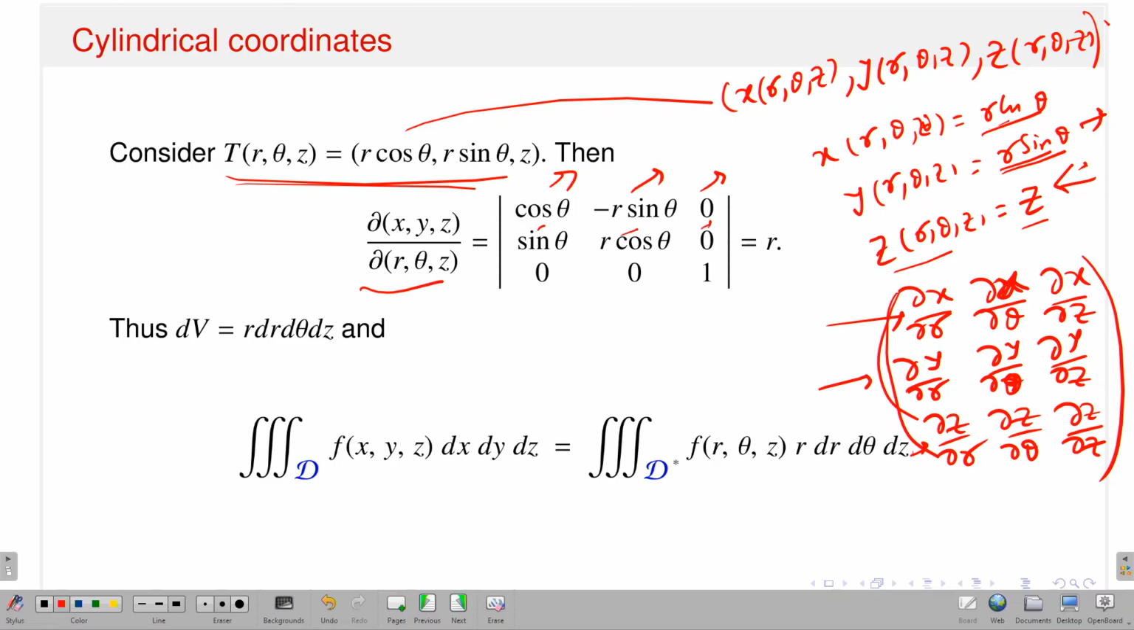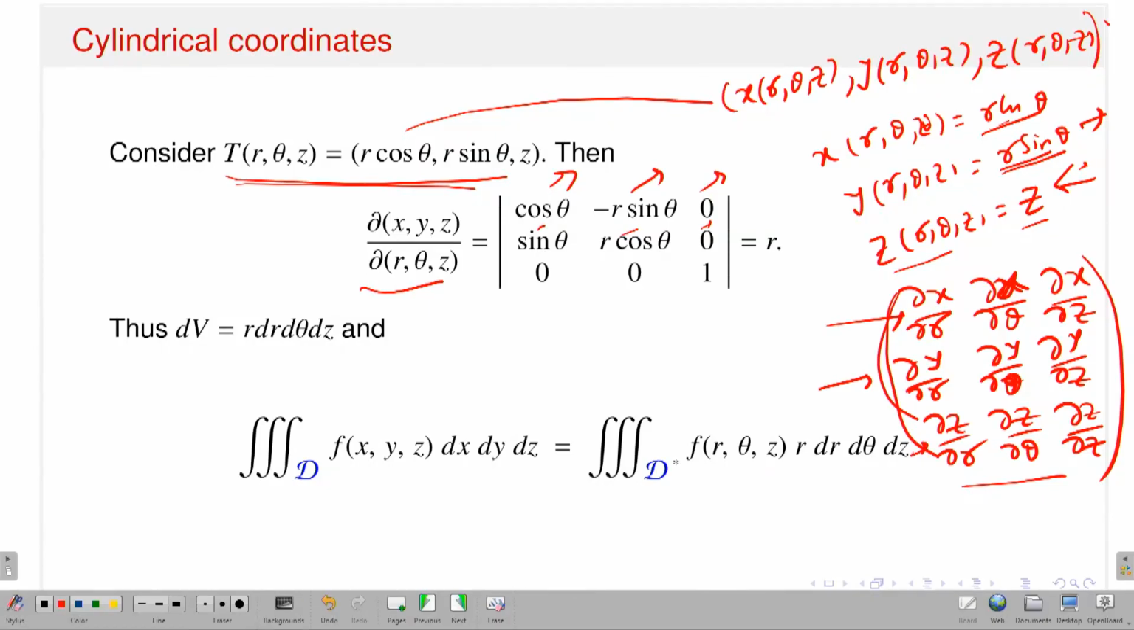Again this will be 0, because there is no variable z in the function y. So therefore del y/del z is 0. And what about the last row? So del z/del r: the function z, which is a function of r, theta, z, is independent of r and theta. So therefore del z/del r and del z/del theta, both of them are 0,